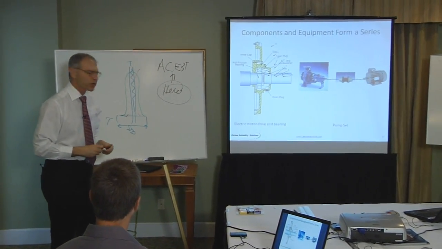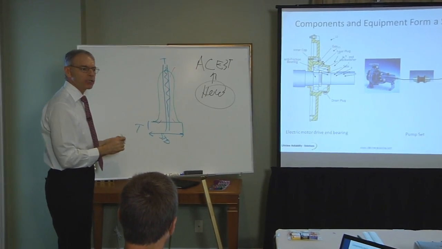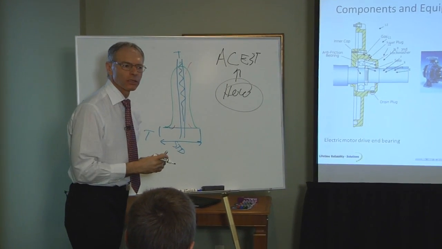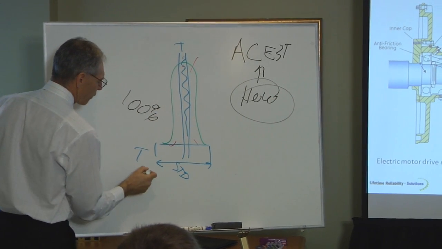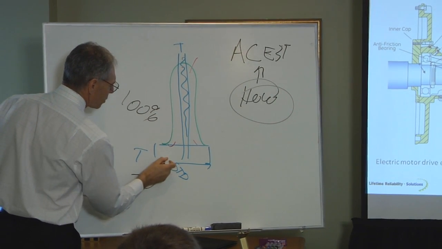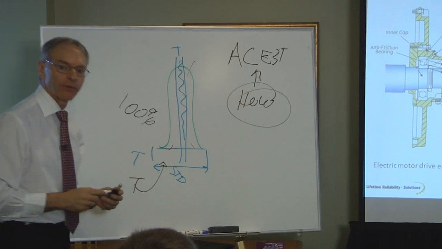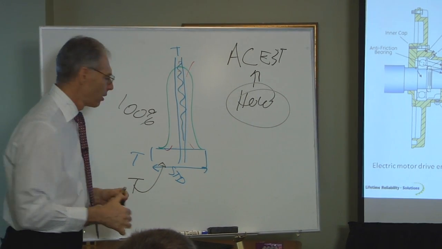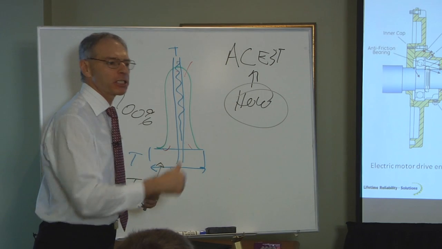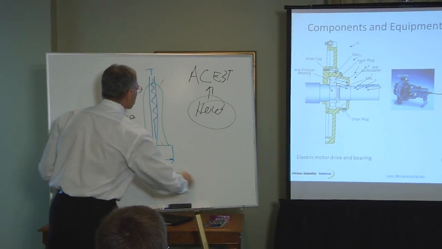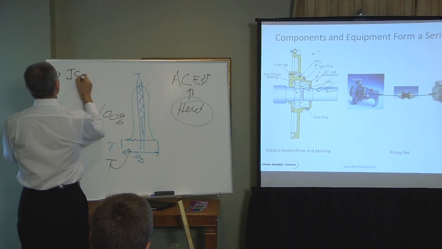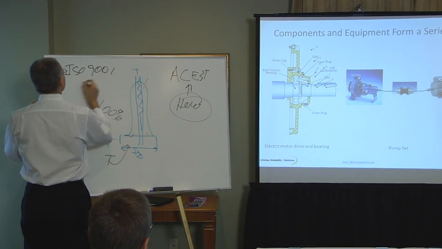ACE3T tells you how to do it, how perfectly you must be to achieve the outputs you want. Guarantee repeatable 100% of the time. And that third T is a check to prove we are, in fact, repeating this 100% of the time. And if I'm not, then my process needs to be adjusted. So yeah, 9001 tells you what